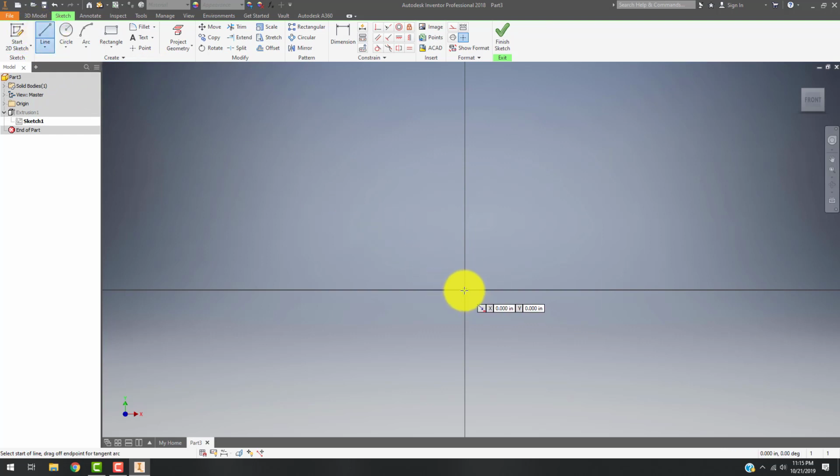I'm going to click once on my origin, and I'm going to move up. But you'll notice that area highlighted in kind of a bluish purple there. All I have to do is type in the dimension that I want. I want this to be 0.5, and then I'll hit enter. And it automatically adds the dimension for me. And I can keep doing this. So I can go and say